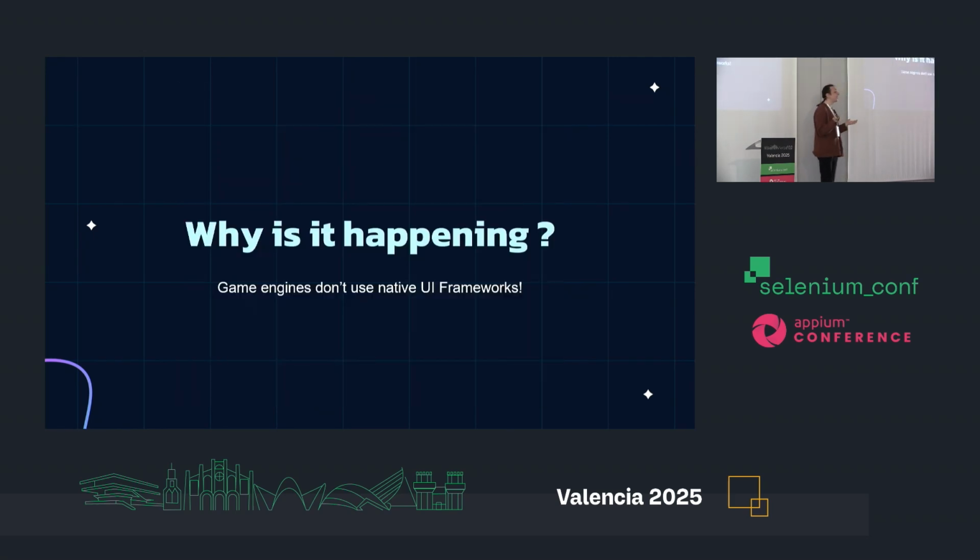So why is it happening? What is the reason for all of this? Basically, the main issue is kind of simple. Game engines totally don't use native UI frameworks. They don't use native Android, native iOS frameworks, or native frameworks of any other platform. The reason comes down to Unity's core philosophy. It's